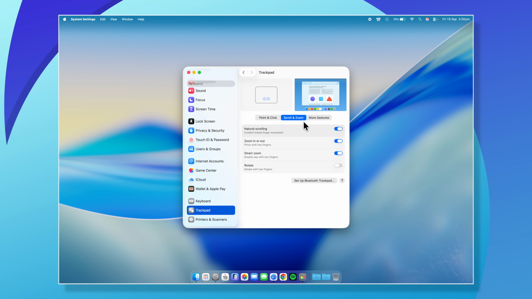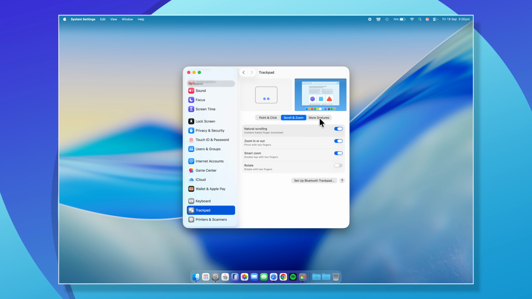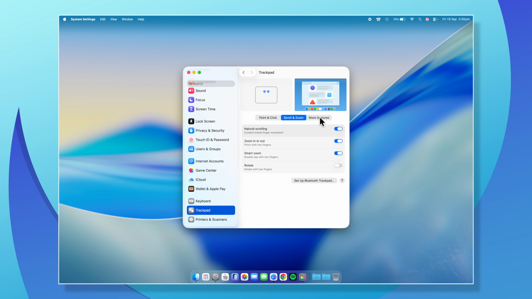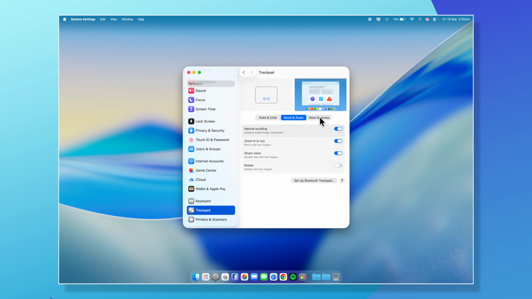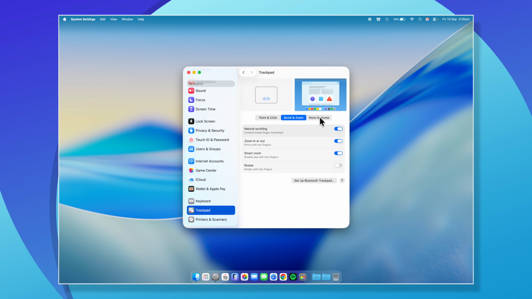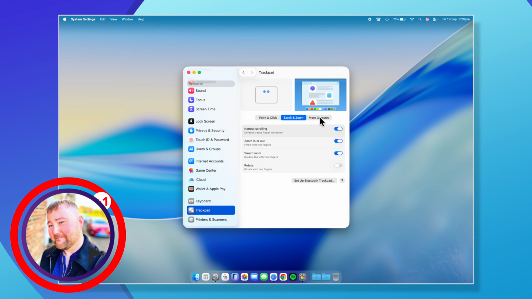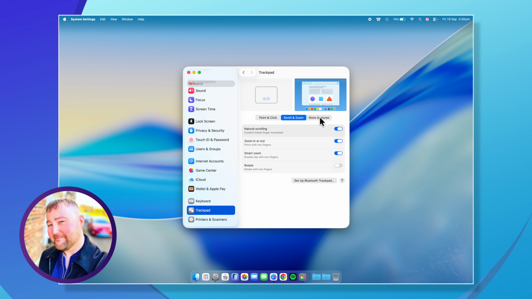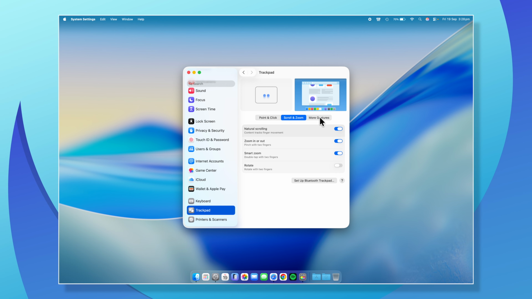So I'll just go through all these gestures and tick or untick the ones that you don't use, or you think you will be using in the future. Because a lot of the time you will accidentally trigger them while using the software. So just be careful with what you're selecting or not on here.